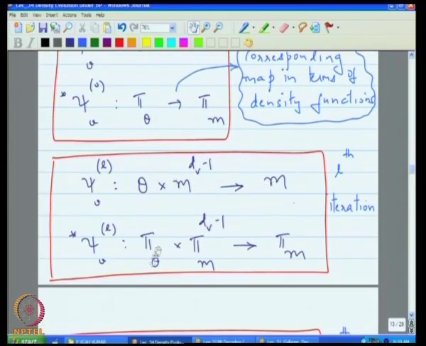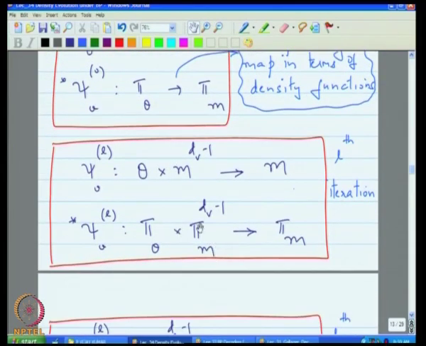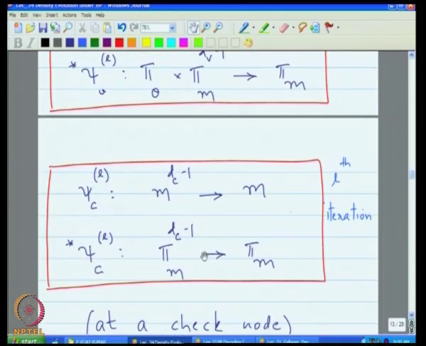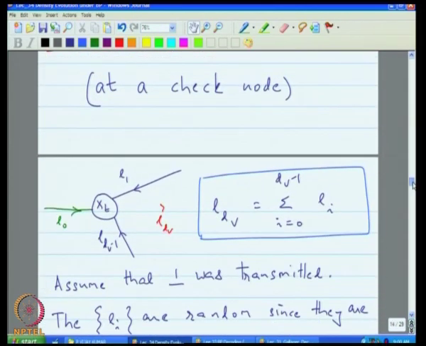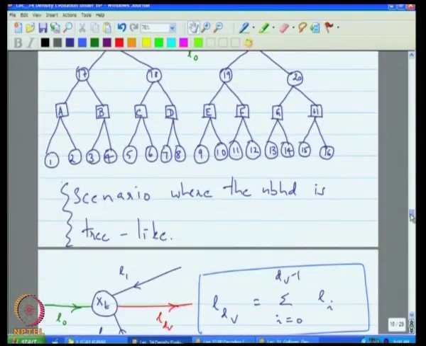why you actually write the product density function, why you write it in terms of the product of the density functions rather than a joint density function. Similarly, at a check node, the messages are mapped from a DC-1 fold messages, and this is the corresponding message on the map on the density functions. Okay. So, now